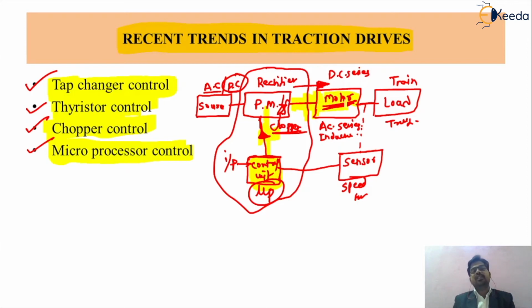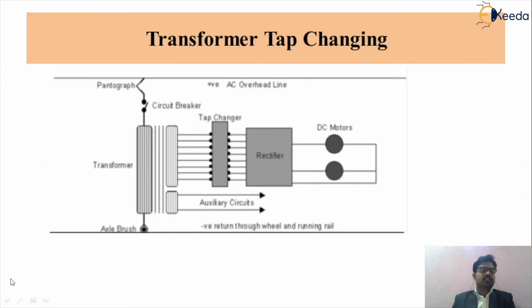If we can control the speed of your motor, we can control the speed of your train. So these are the recent trends in the traction drive that we can discuss in detail, how we can control the traction drive by means of the tap changer control. So let's begin. The first method of the control strategy will be called the transformer tap